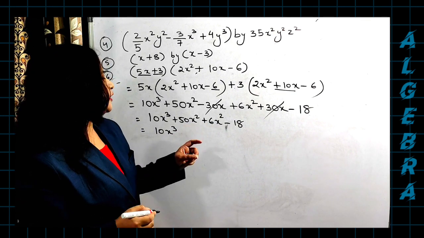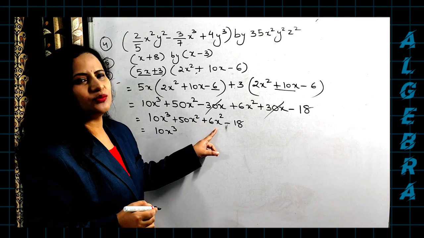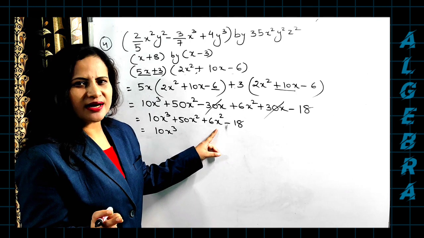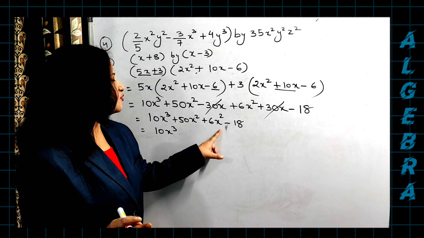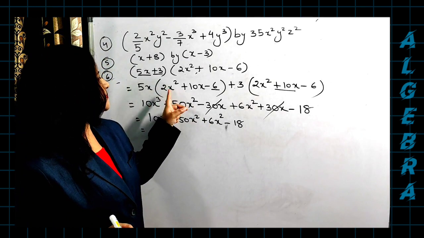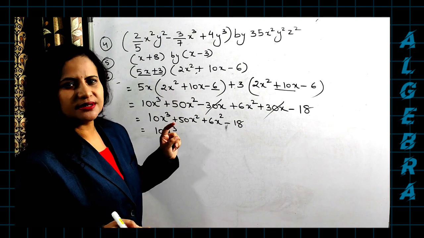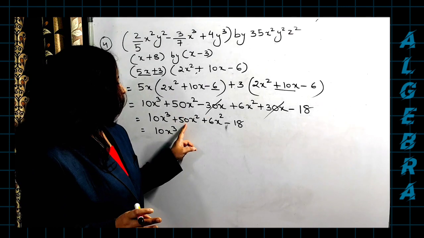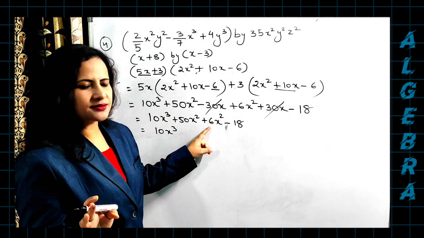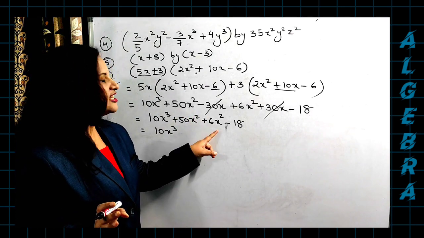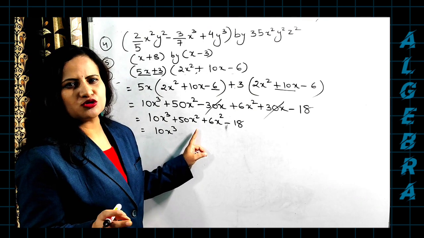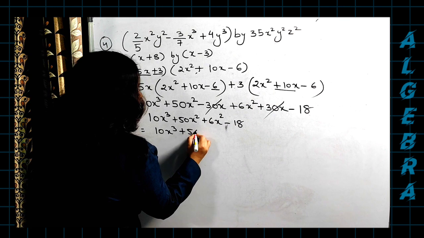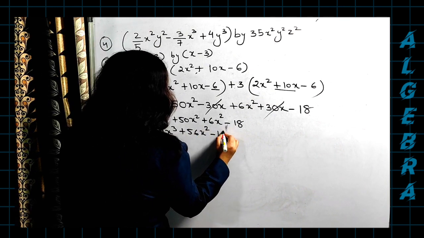So 50 plus 6 now. And many students, what they do, they add the powers here also. Please don't do that. You know exponents, right? Only when there is a multiplication you have to add the powers. Here why were we adding the powers? Because it is multiplied to this, it is multiplied to this. But in this case, please don't add x to the power of 4. Please don't do that. 50 plus 6 is 56. And this is addition, not multiplication, so you cannot add the powers here, okay? So it is plus 56x squared minus 18.